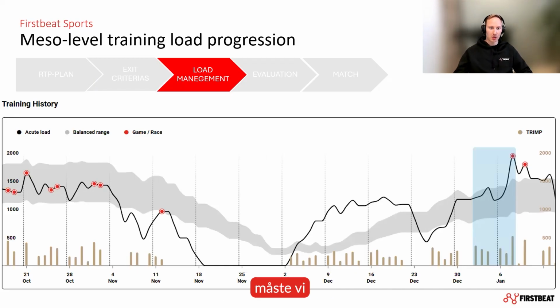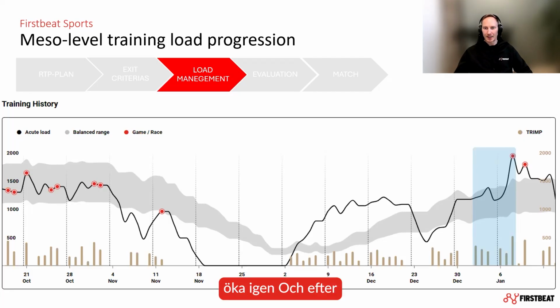And here you can quite nicely see when the injury happened. So here on the 11th of November, he broke his wrist early in the game, also low training load on that day. And then he had to undergo surgery, and then the training started progressively to increase in the first 3 training weeks. Then we have a short Christmas break, and then the training load starts to increase again. And after 5 weeks of training, we are roughly on the same level in terms of acute load